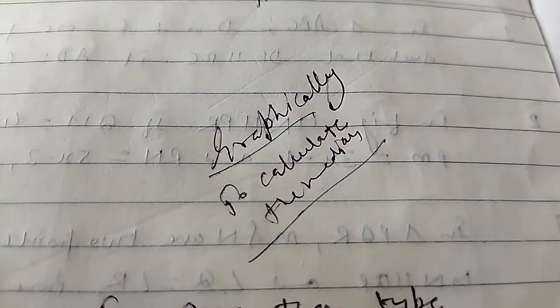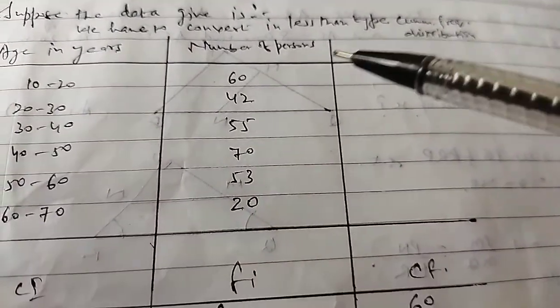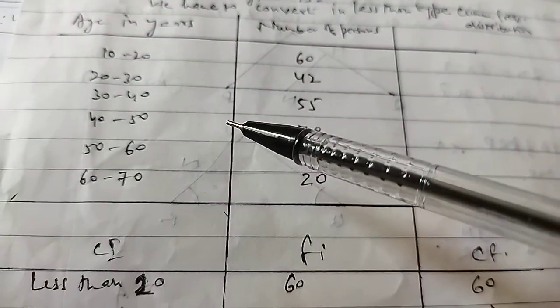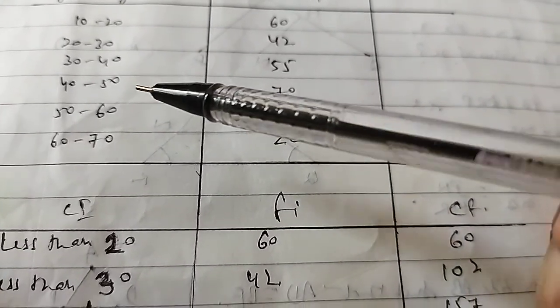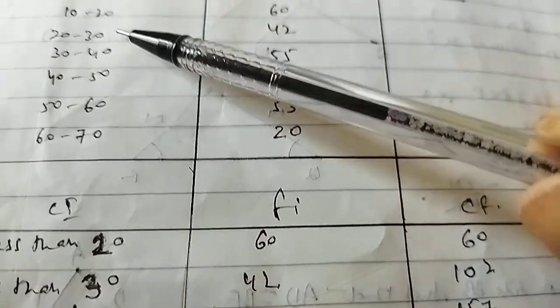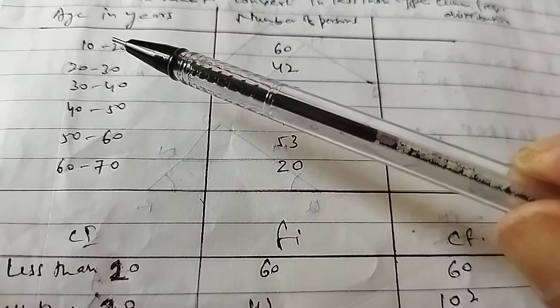So here I am explaining to you through one data. Suppose this data is there. I have considered here 10 to 20, 20 to 30, 30 to 40, 40 to 50, 50 to 60 and 60 to 70 are the class intervals given to me, and these are the patients I am taking in age